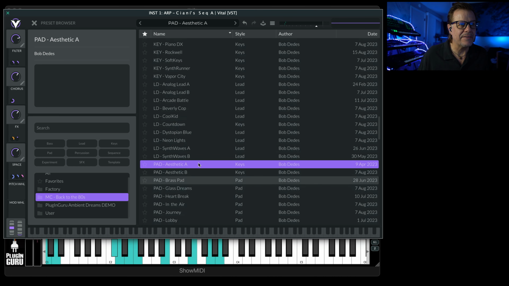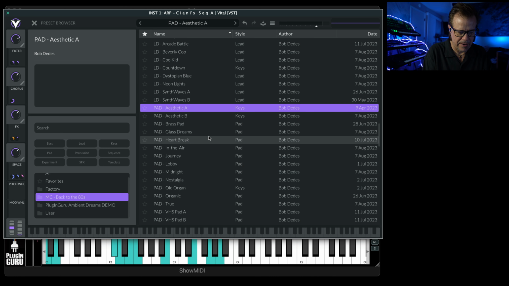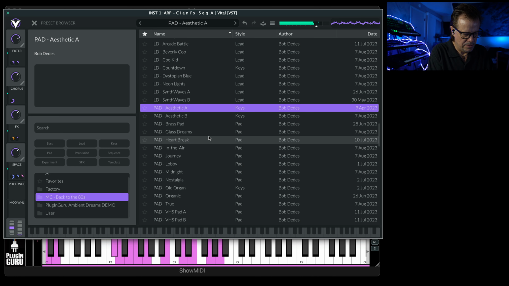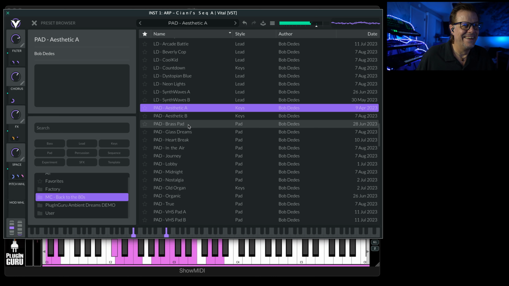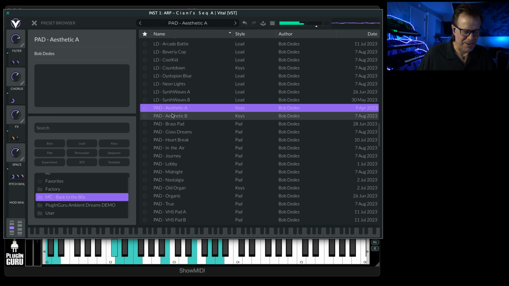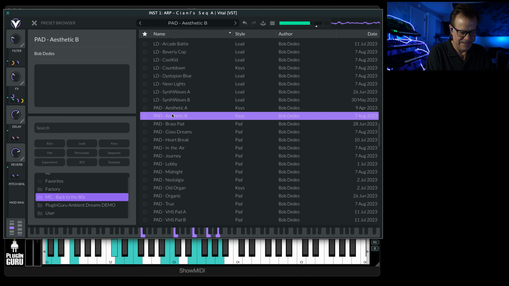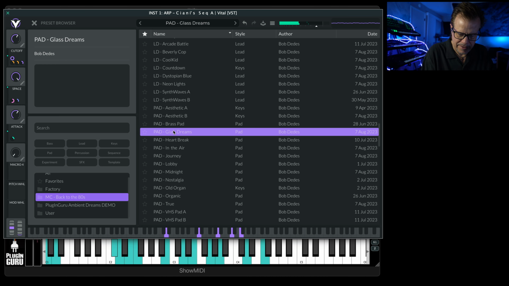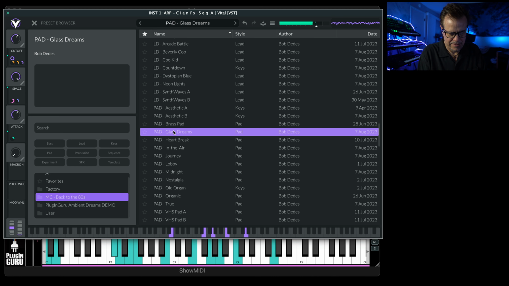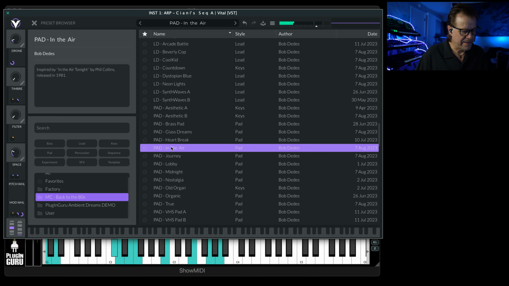Then we get to the pads. There's quite a few lovely pads. Very, got some of the. It's very, very cool. Love that. Just goes on and on. In the air for the